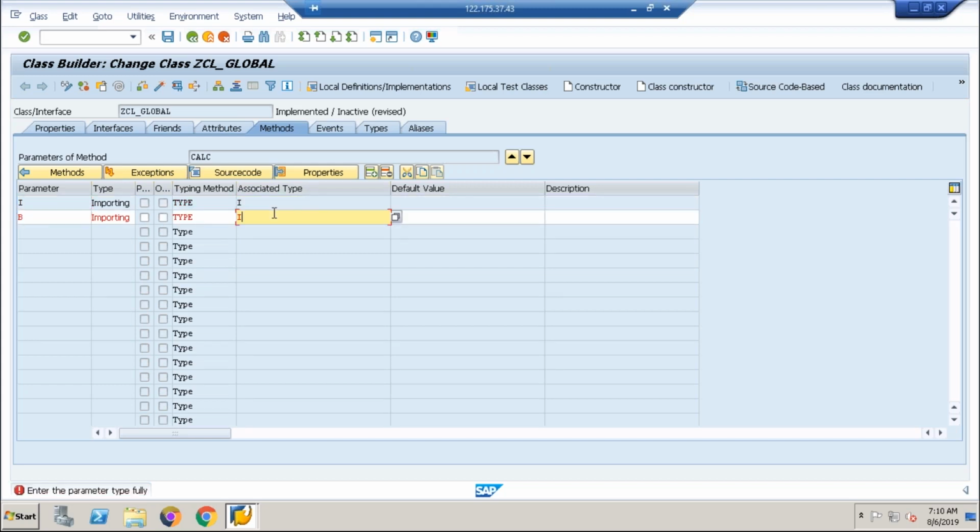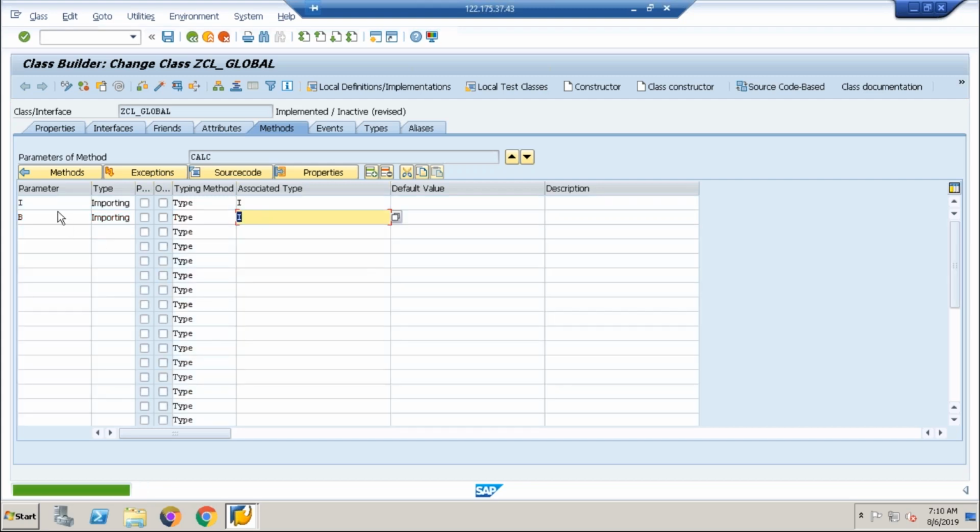Again integer. So A and B are importing parameters, and in the SE38 ABAP layer they will become exporting. Let us write the code.